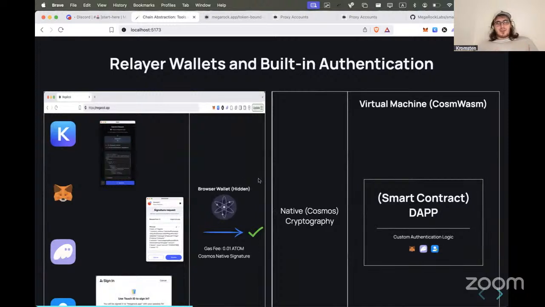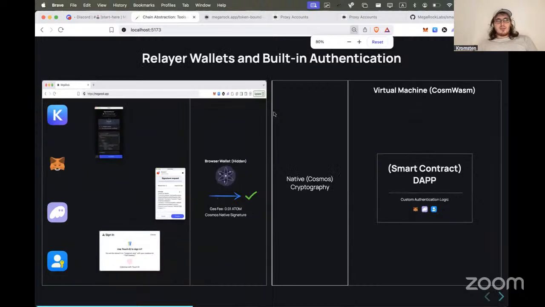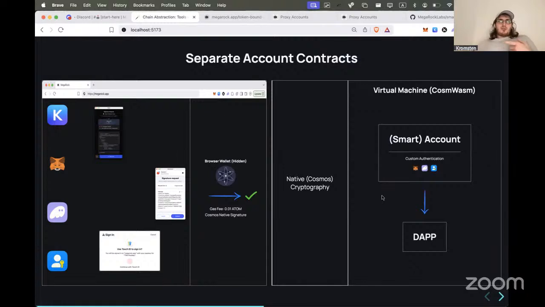We came up with the simplest idea, which is to have browser wallets. We call them real layer wallets. Let me zoom out a little bit. You would ask the user for the credential they have, for example a Keplr signature or a MetaMask signature or a passkey sign-in button. Then in the browser there's going to be a hidden Cosmos wallet that the user is not aware of, that would sign the Cosmos transactions for you. Then you would pass the checks of the blockchain, and then on a smart account in your app, you would validate it.